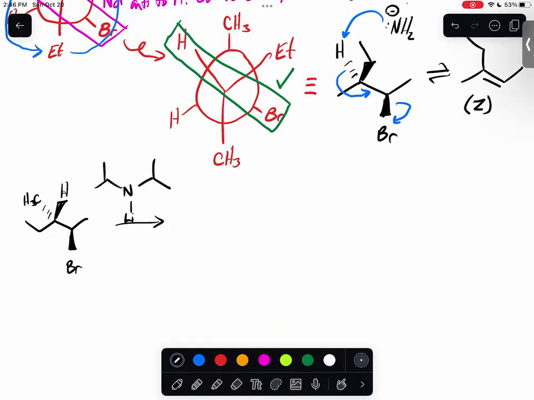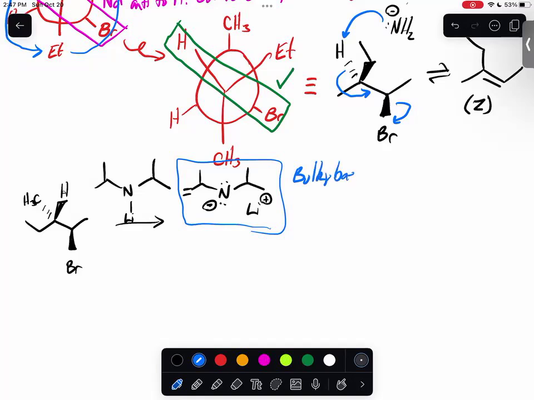So, looking at this reaction, first thing that we need to think of is, all right, well, our base, our active base, is actually this nitrogen with a negative charge here. It's just a lithium with a positive charge right there. This, unlike the previous ones we've been using, is a bulky base,